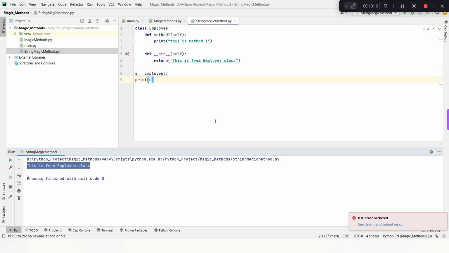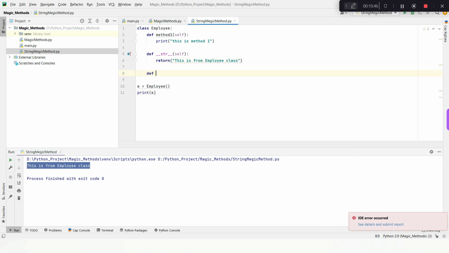This is basically a very useful method because there are n number of classes when we are working on any actual project. At that time, if you are using any particular object and you want to know which class it is coming from, it should be very clear with the help of overloading this particular method for str. Then one more main method is present, like